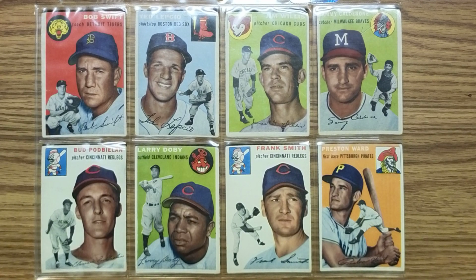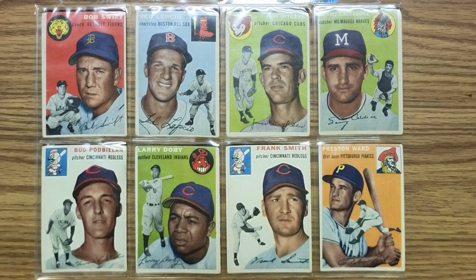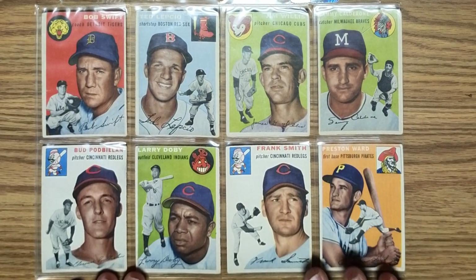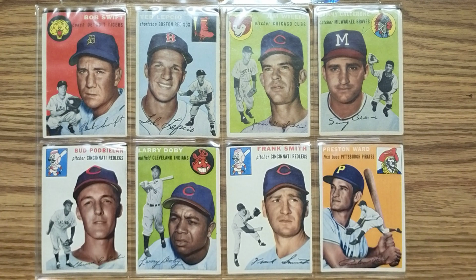Larry Doby was the first African-American player to play in the American League, and he missed only by just a matter of a few weeks, coming after Jackie Robinson in the National League. The American League was much slower to integrate than the National League, and the last team to formally integrate